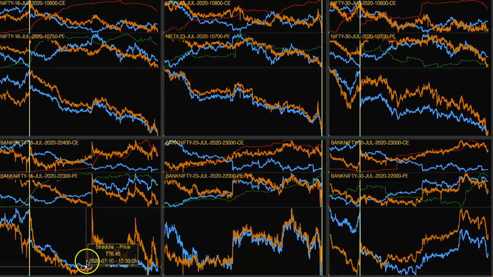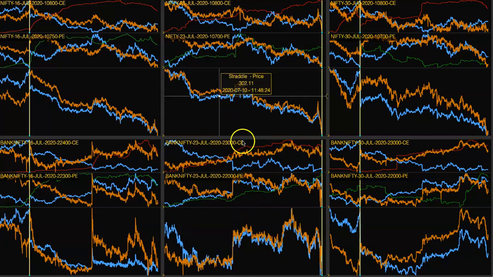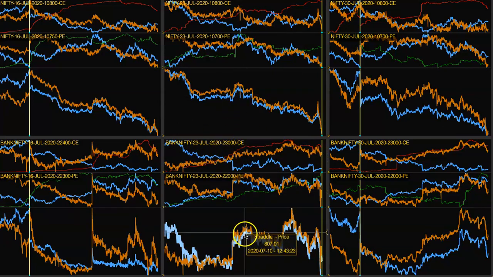So if there is no opportunity in this expiry, you can look at the next week expiry. For example, here there is some IV spike. So here the straddle price is around 806. If you sold the short strangle here from 805, it fell till 793. It's around 10 points.